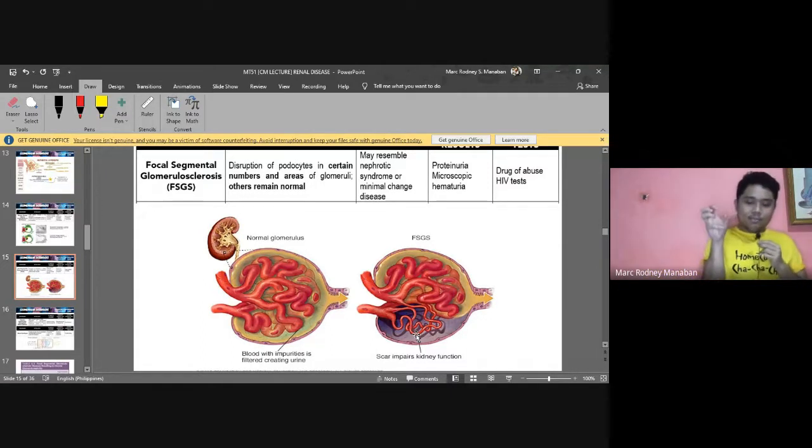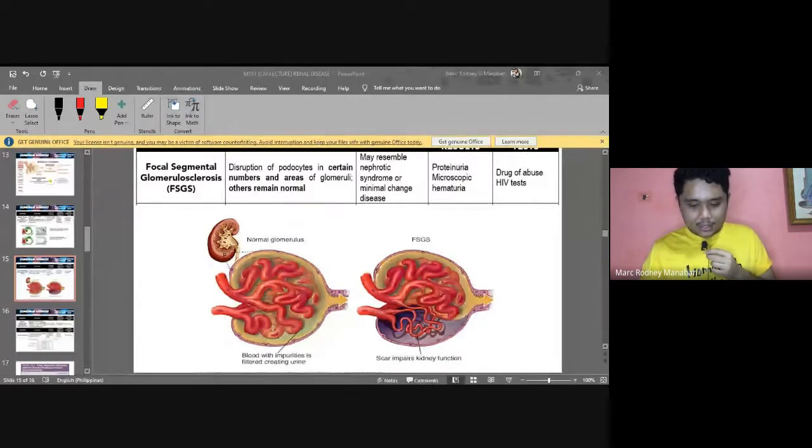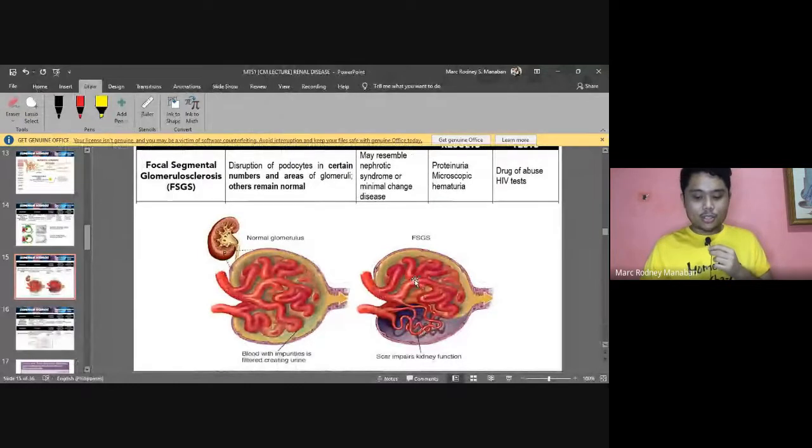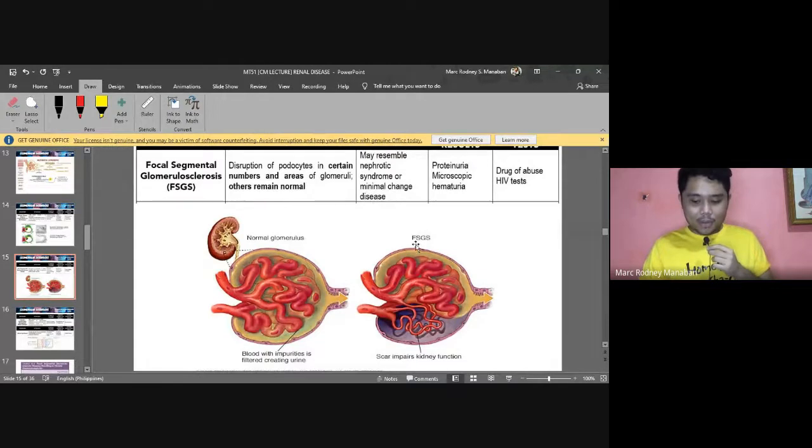So focal meaning one dili jud tanan sa glomerulus as a whole ang na-affected, so only a part of the whole. And then sa sulod pagyod sa glomerulus, alright, small areas lang po or dili po tanang areas ang na affected. That's segmental. That's the point. So focal, again, only a part of the entire glomerulus. And for segmental, only parts lang within the glomerulus ang na-affected. Tama? Okay? Alright. Only part of each individual glomerulus ang na-damage. Okay? Alright. So again, other areas remain normal. Pares ani. So kanira na area ang na-damage. So that's focal. Alright?